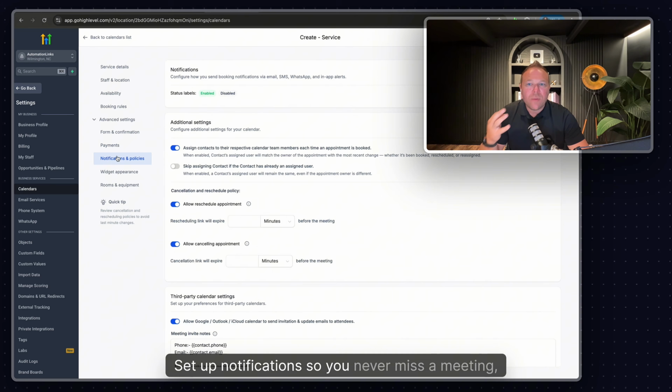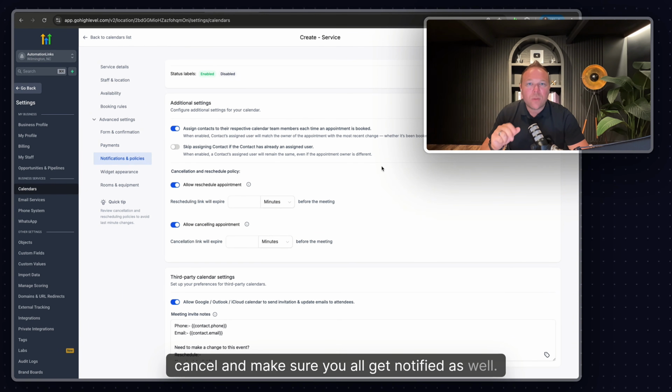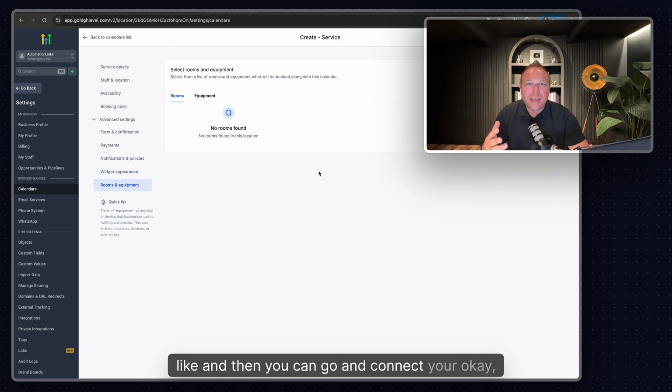Set up notifications so you never miss a meeting, allow them to reschedule, cancel, and make sure you all get notified as well. You can even set up all the automations to make sure you follow up. From there, you can make it look exactly how you like, and then you can go and connect your